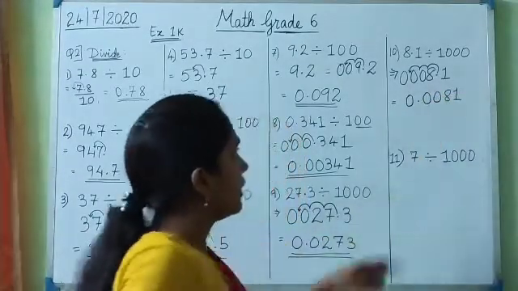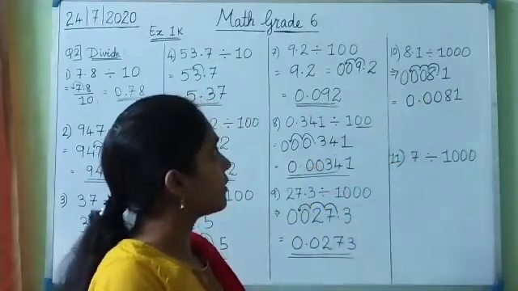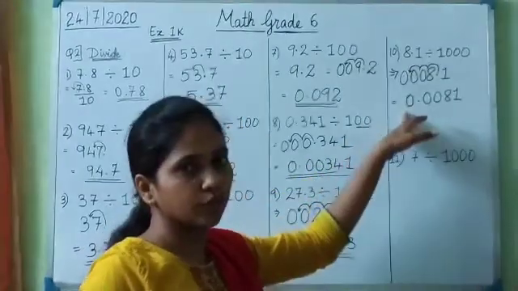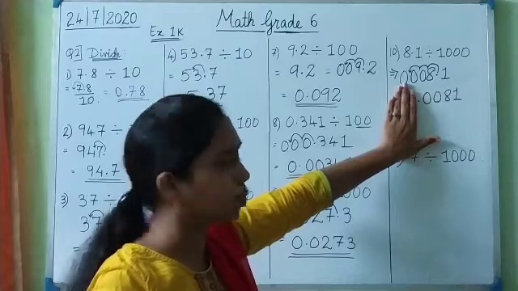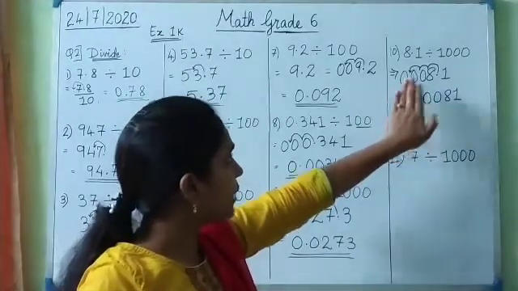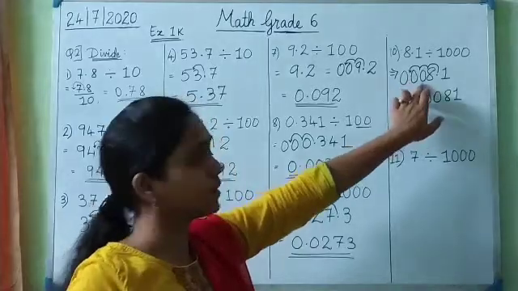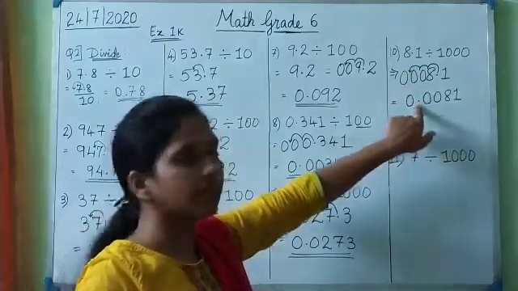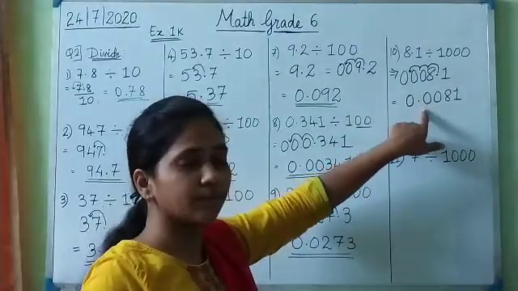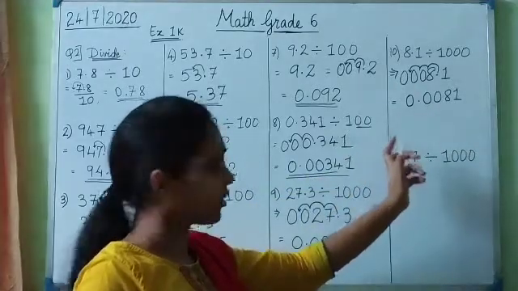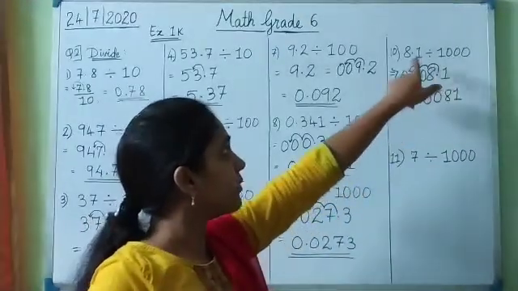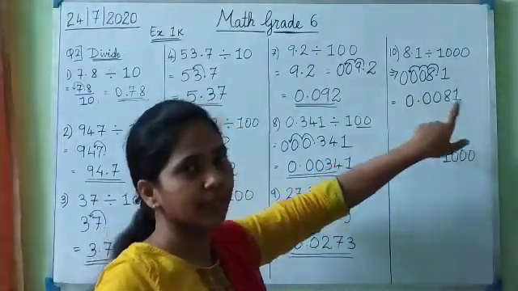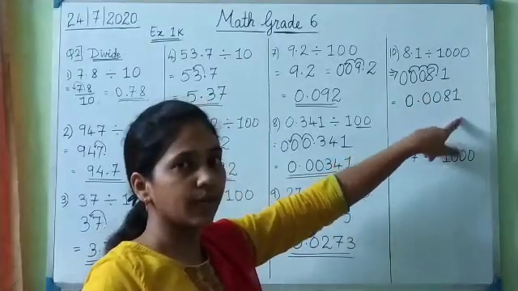0.0081. Okay. Now you can see that if I had put only 2 zeros, then in the answer again I would have had to put one more zero before the decimal, because the answer would come like this, .0081. So as it is, you would have to put one more zero. So that is why I took 3 zeros, because 3 digits will go in shifting the decimal point, and the point will come at the starting. So if the point is at the starting, there is a 0 before it. Okay. So this is the number after dividing 8.1 by 1000. We get 0.0081. This is not 0.81. It is 0.0081. Okay.